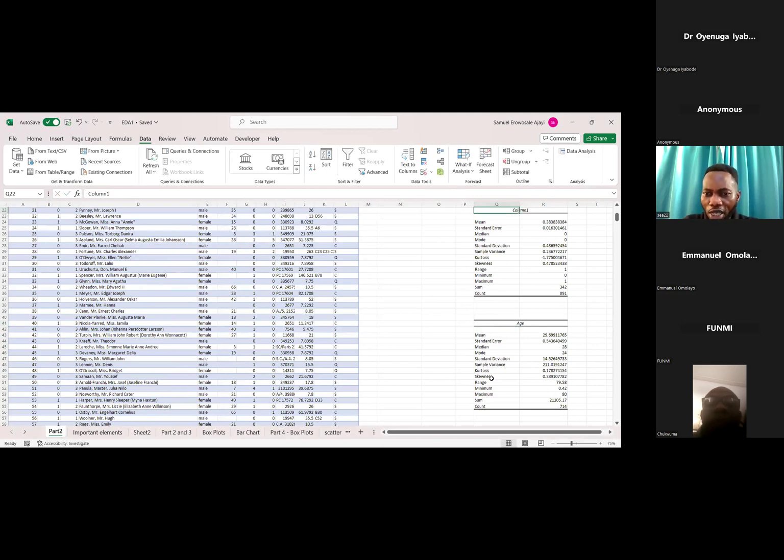If you notice now, in this count we have 714. Remember that in the previous counts we were getting 891. But in this particular case, we have 714. That means there are several missing data rows that are not filled. There are several reasons why those rows may not be filled. Maybe while the person was filling the ticket form, he didn't write his date of birth, or he gave a date of birth